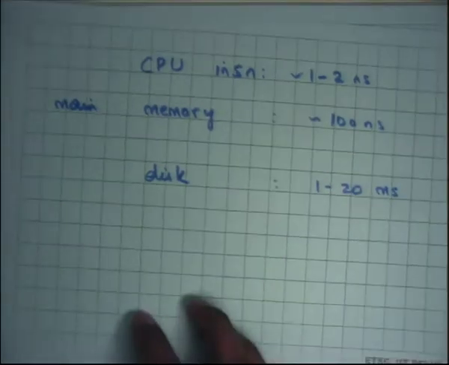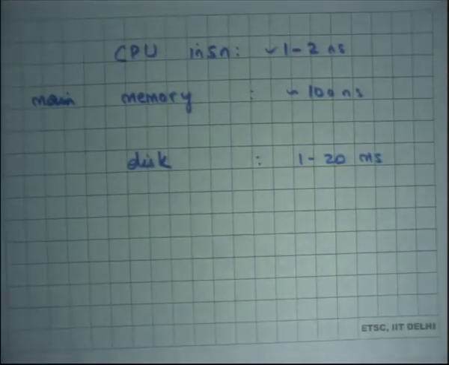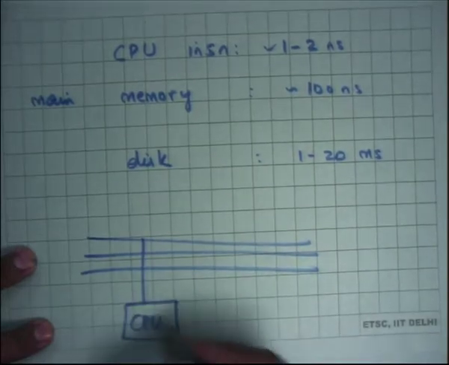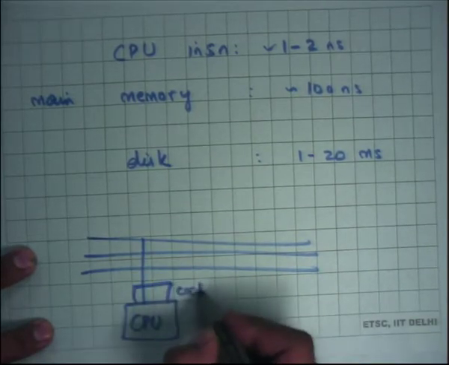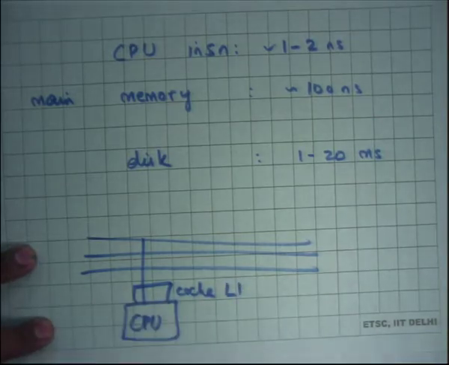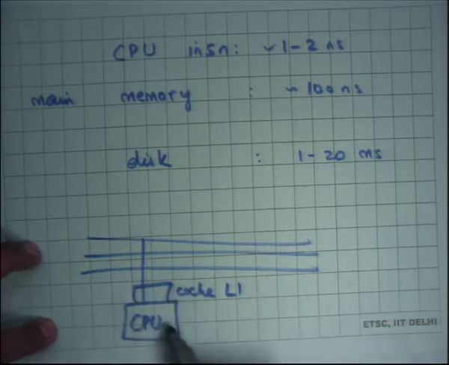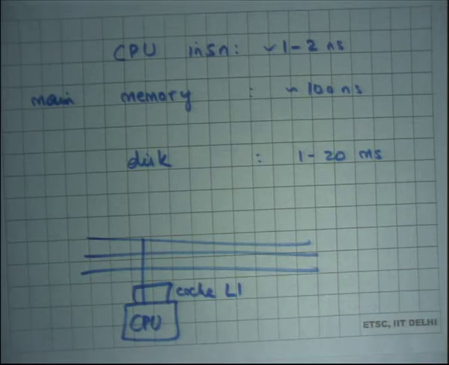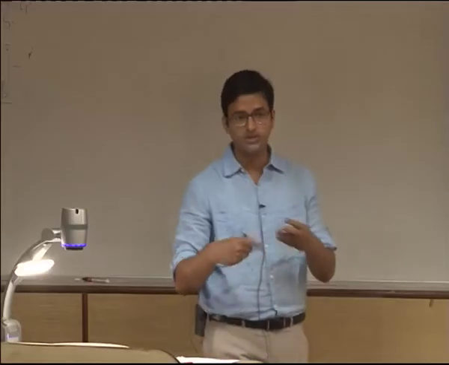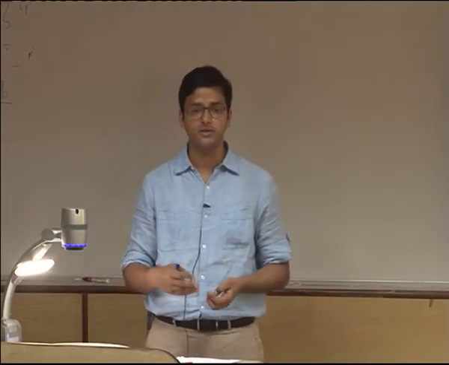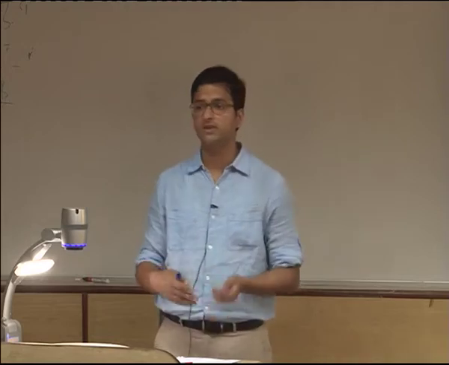So we said that a CPU instruction that executes without having to go off chip, right? So when I draw this diagram and I say this is the CPU, many instructions, and let's say this is the cache. This is what's called the L1 cache for a CPU, and so all these accesses within the L1 cache and to the registers are on-chip accesses. So they don't have to go outside the chip. So these are also called on-chip accesses, and all the on-chip accesses are really fast, and assuming you have a 1 to 2 gigahertz processor, they'll typically take 1 to 2 nanoseconds to execute a single instruction, assuming it's not going off chip, right?